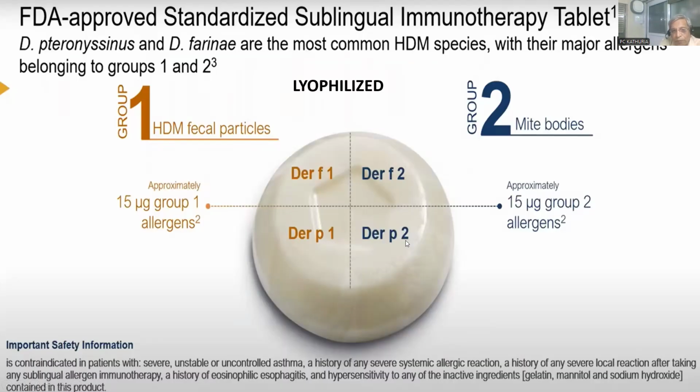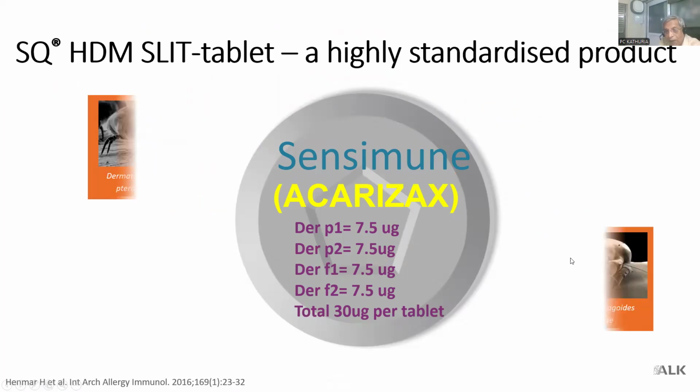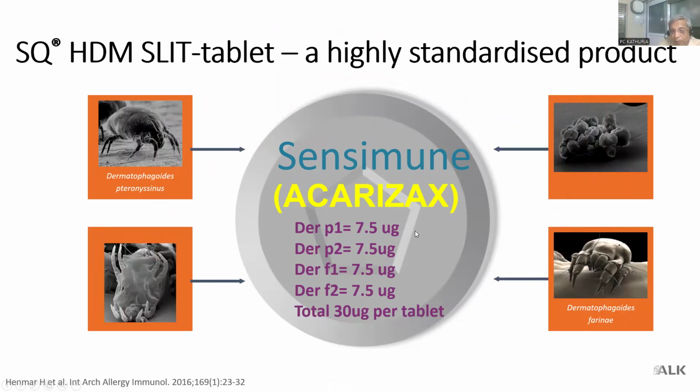DERP1 and DERP2, while the other two components are from DERF1 and DERF2. Both have been equally mixed in this tablet, and this tablet is now ready to be taken by sublingual immunotherapy. It contains four molecules: 7.5 microgram of DERP1, 7.5 microgram of DERP2, and equally of DERF1 and DERF2. So the total will come to 30 microgram, which is given in a standardized tablet of